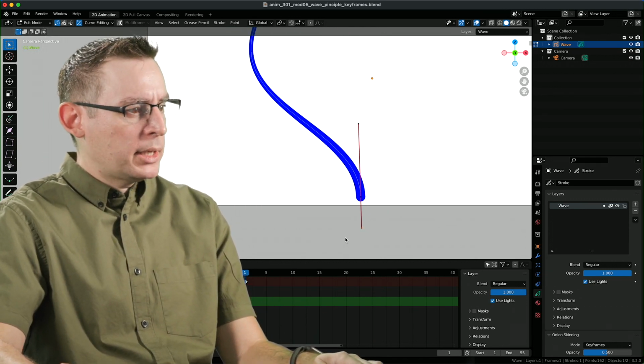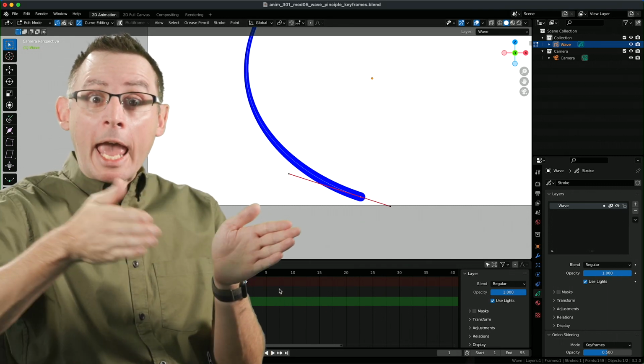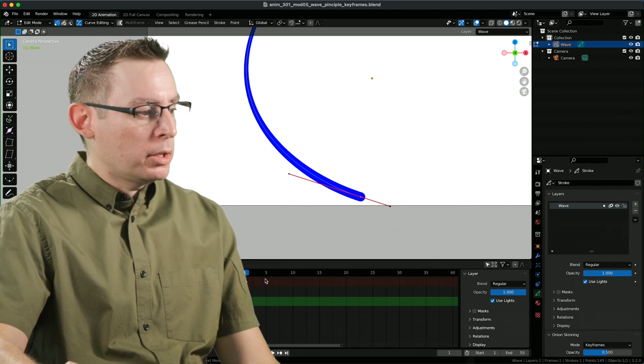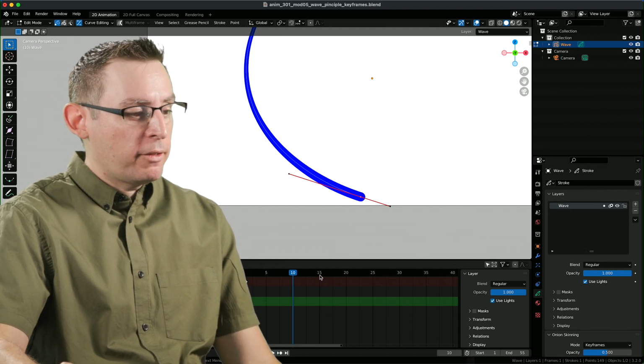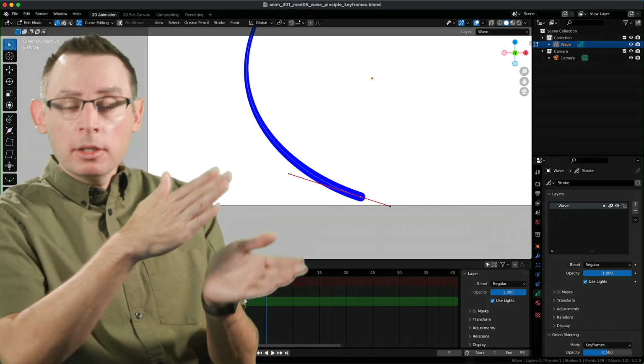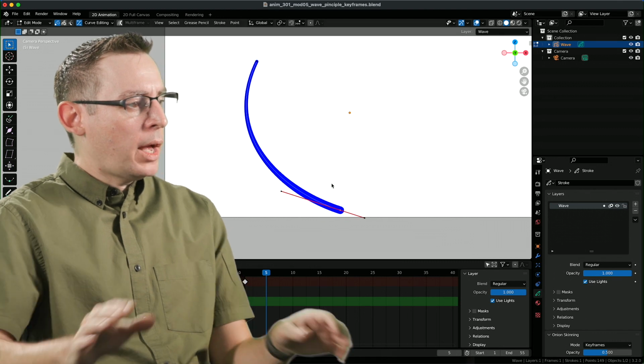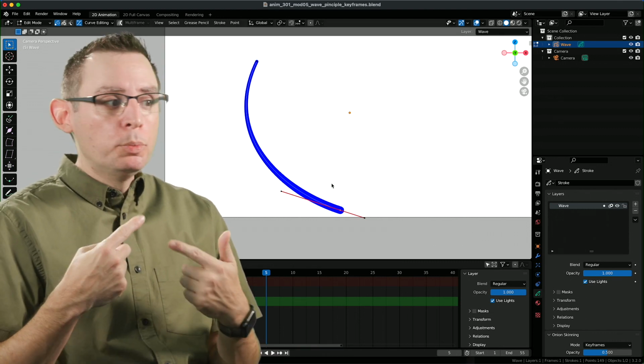Okay, I'm going to go back in time a couple steps. This is the first pose. I'm going to start to linearly add a whole series of keyframe drawings throughout my timeline. So let's just do every 5 frames or so. And then I'll go back in and figure out the appropriate spacing that I want just to communicate the movement that I'm after. Okay, so I know that I'm going to try and make this a loopable animation.